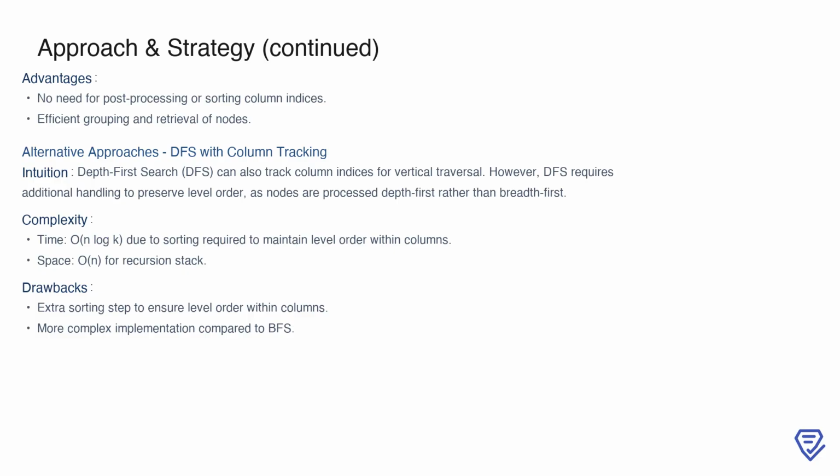Another potential method is a depth-first search, or DFS, with column tracking. While DFS can achieve vertical traversal by tracking column indices recursively, it has its own challenges. Specifically, DFS does not inherently guarantee level order, so additional processing is required to sort nodes within each column by